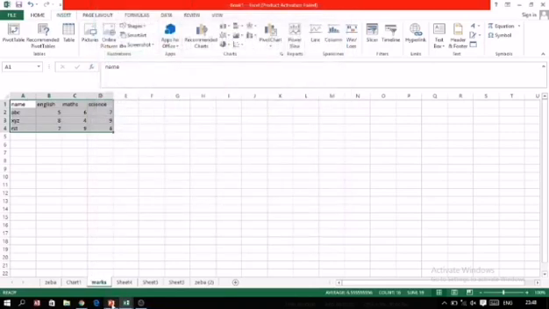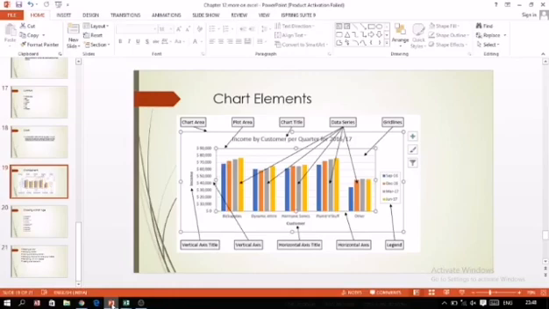After this the next topic is the elements of the chart. As we draw the chart, there are many things on it. Now what are these things? This is the vertical axis where the values are given. Then we have the horizontal axis where, for example, the names of students or the items are written. This is the horizontal axis title, and this is the vertical axis title. This whole thing is known as the chart area. The place where the chart is drawn, this block is known as the plot area.